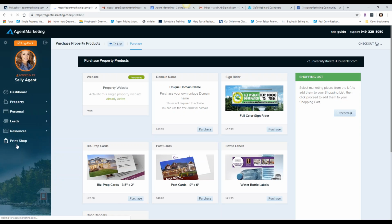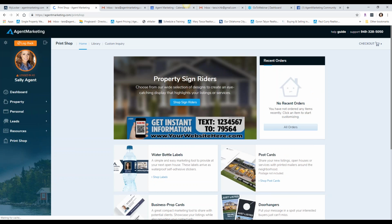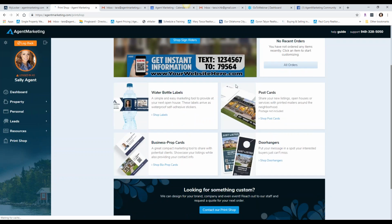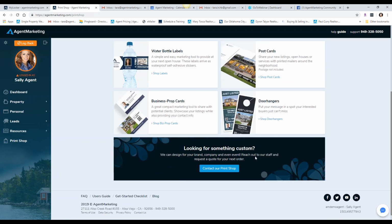So Print Shop, just keep in mind you can go there to order property-specific marketing, just like you can from the other shopping carts. But down at the bottom is something I want to go through. It says, looking for something custom we can design for your brand, company, and even event. Reach out to our staff and request a quote for your next order. If you click on Contact Our Print Shop,